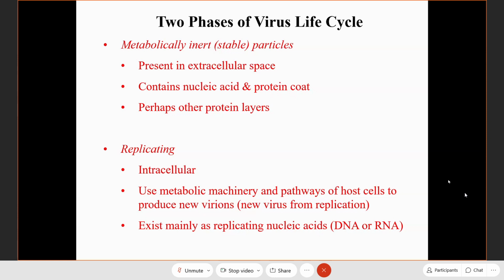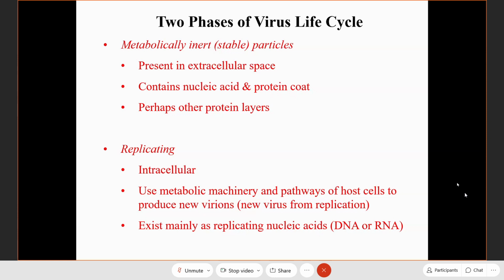Then the virus cannot replicate. Assume that the virus can attach to the cell. The next step is penetration. You have to go inside the cell. Is there anything that we can do to block the virus from going into the cell? Yes, there are factors, but not for the COVID-19. Okay, next step. The virus attaches to the cell, then after that, the virus must penetrate the cell plasma membrane. They penetrate. Assume that they already penetrate, they are inside.